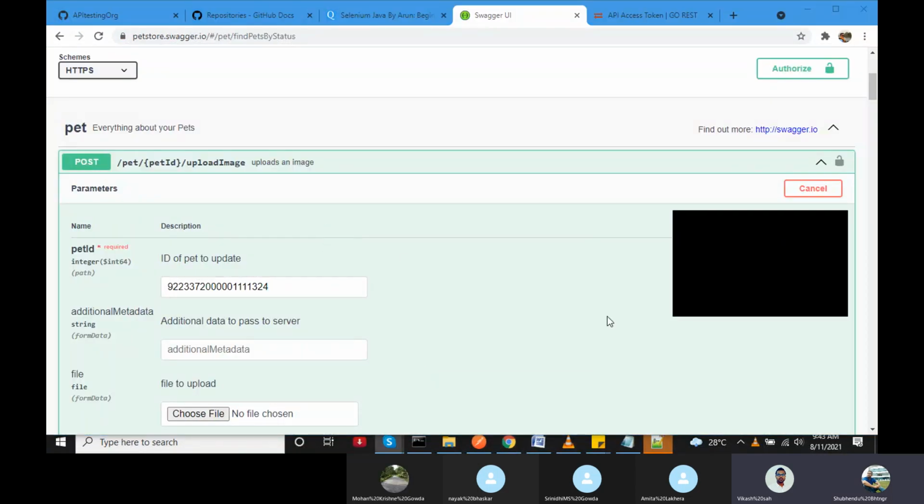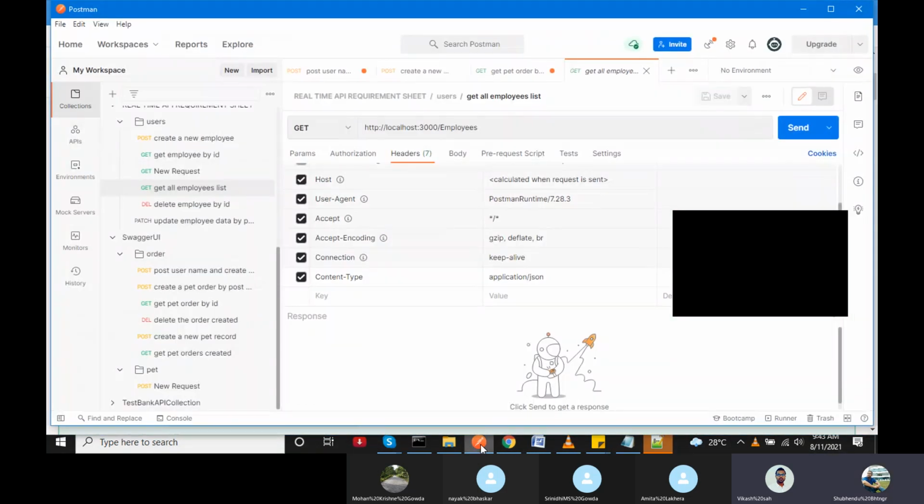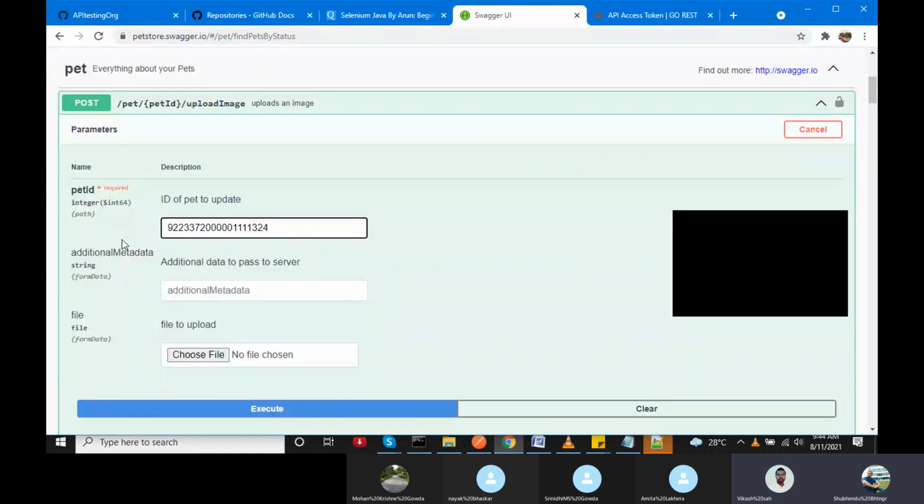See, sir, is it visible? Yeah, I can see it. Actually, I have created one ID, but I'm not able to get all the pet IDs, means all the details. So I was trying to search in this Swagger, and I got this one.